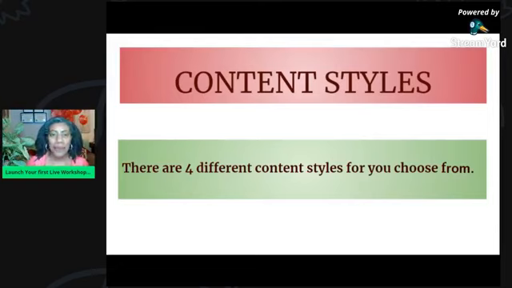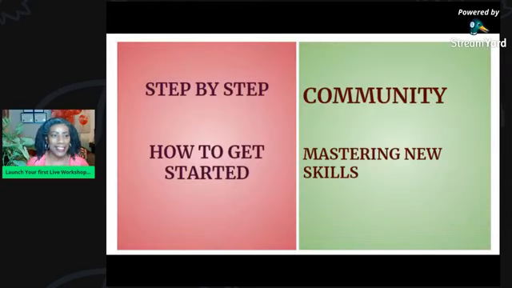Okay, well, basically, there are 4 different content styles for you to choose, and you have to decide, is it going to be a step by step? When I say step by step, we're human beings, and people like to be taught step by step by step. Show me step by step how to do this, or how to build something, how to create something, how to make something, if you're doing arts and crafts, or sewing a step by step pattern. If you are doing a step by step on how to build your business, where to start,